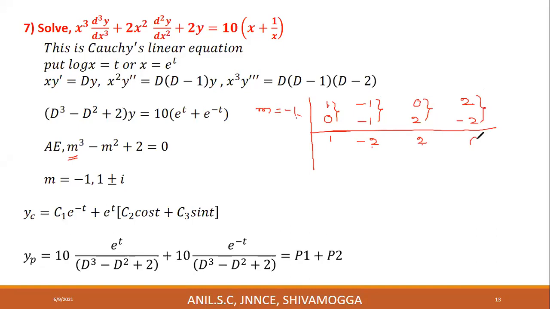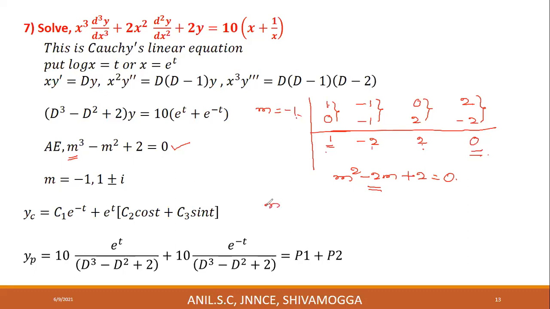Plus 2 minus 2 is 0. You must get 0 here. Therefore, this cubic equation is reduced to a quadratic equation: m square minus 2m plus 2 equal to 0. This is a quadratic equation